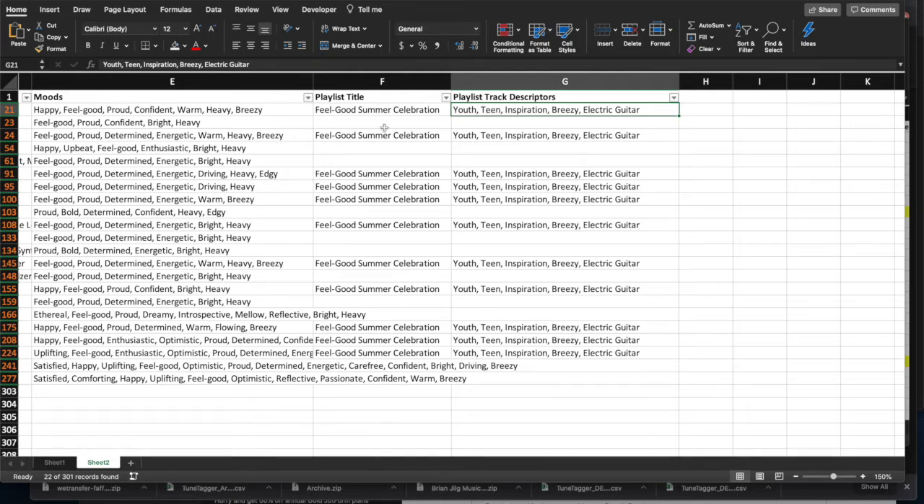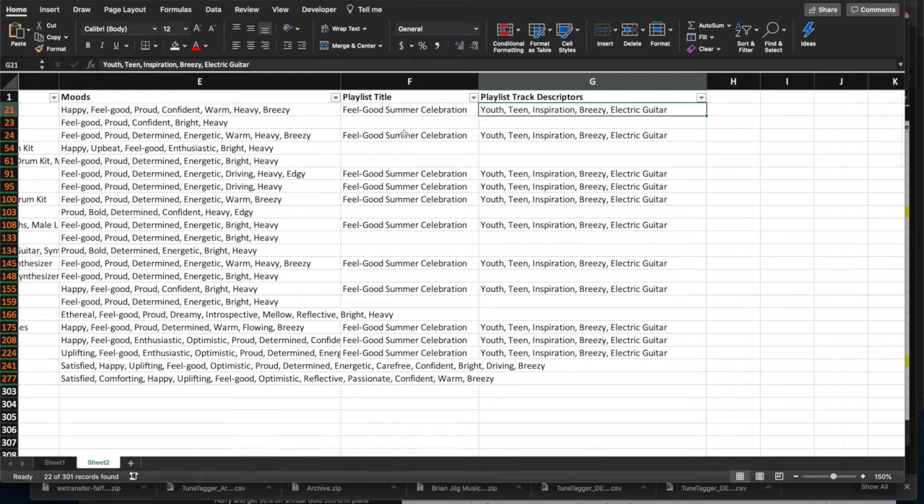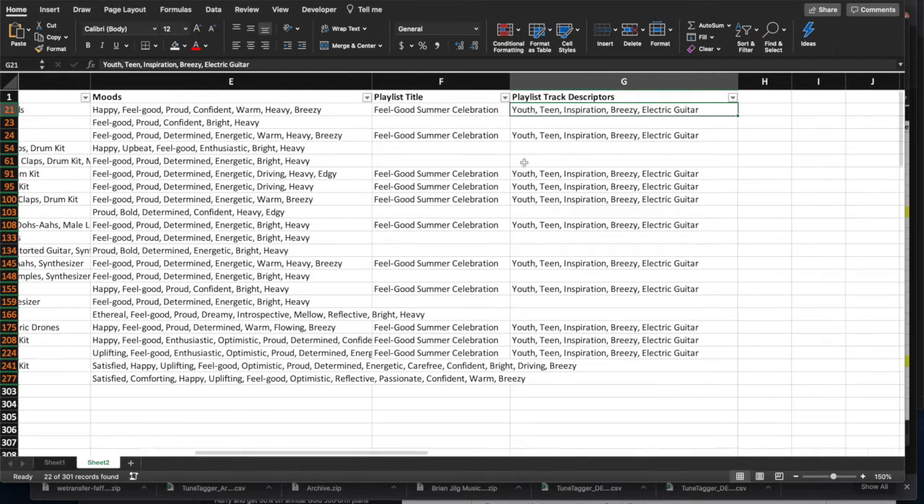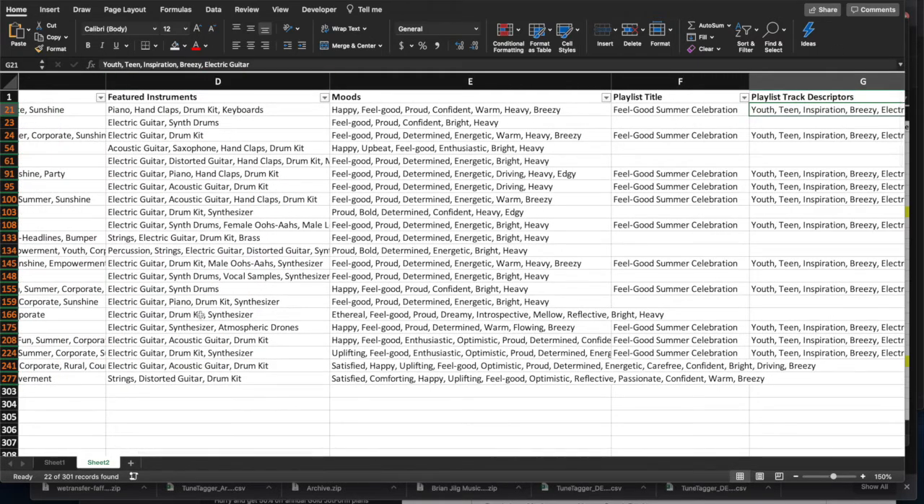kind of pre-did this already. So these are the things that I saw a lot: feel good, summer, celebration. So that's the title I kind of chose just quickly: feel good, summer, celebration. And then playlist track descriptors here. These are the things that came up quite a lot: youth, teen, inspiration, breezy, and obviously electric guitar is